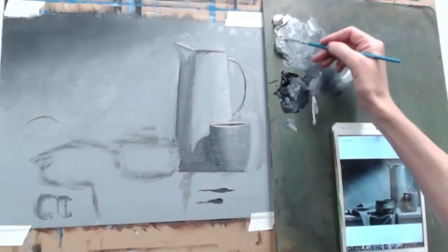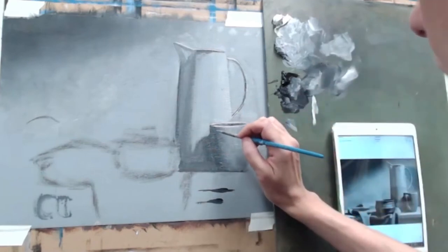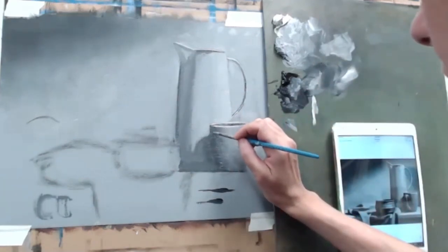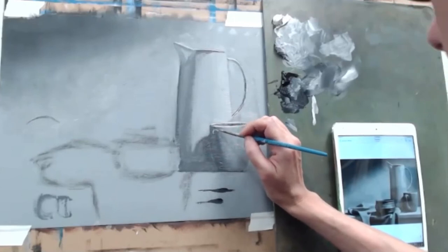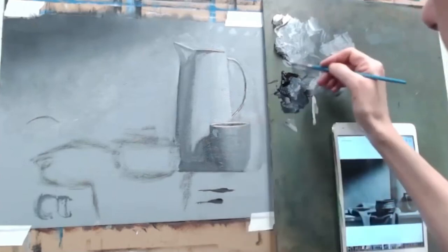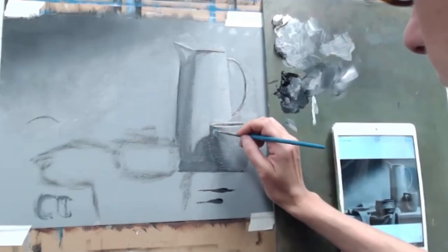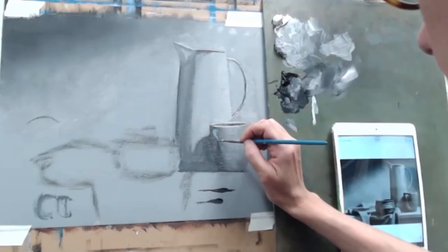But how I would think about it is to try to keep it as simple as possible. So here, this light is close to the edge of the cup and close to the top of the cup, but it's not touching either one of them. So I'll think of it as: here's the light on the top, and this is my middle gray, because I don't want this to be super light. Here is this light shape, and then I'm just going to drag this down,